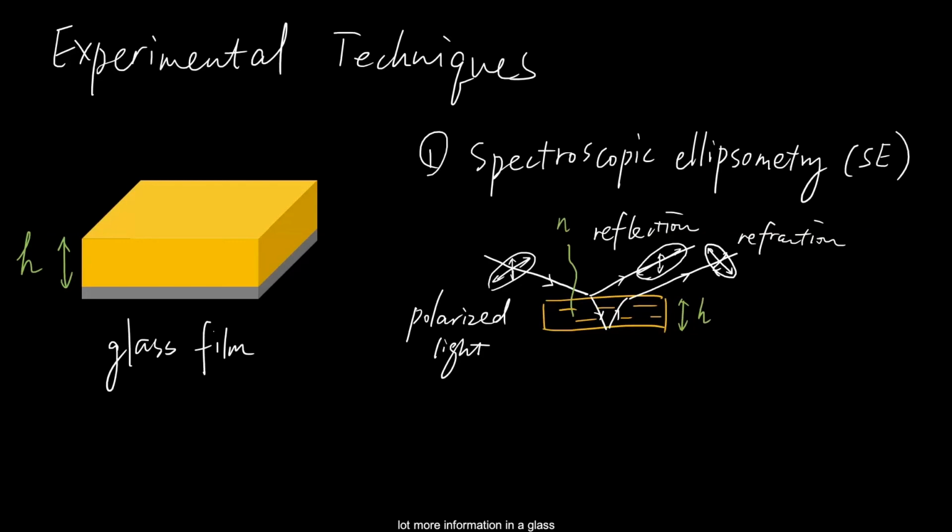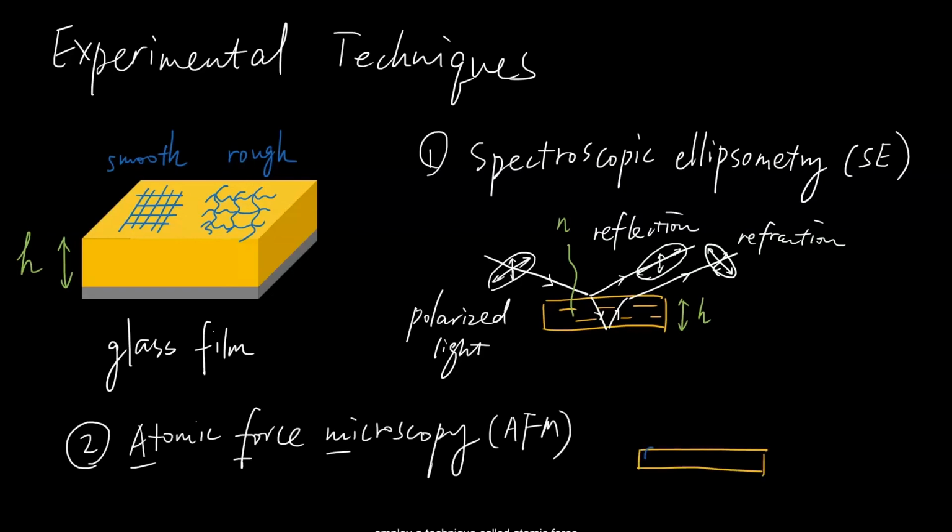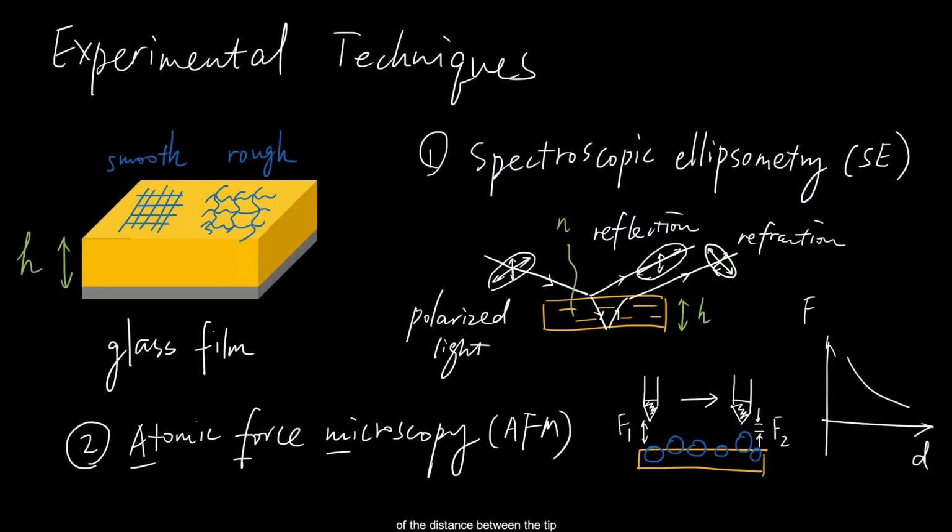There is quite a lot more information in a glass film than meets the eye, both literally and figuratively. I'll give another example, the surface morphology. It can be smooth or rough, have ridges or valleys, bumps or holes, but all of that is invisible to the naked human eyes, sometimes even optical microscopes. This is when we need to employ a technique called atomic force microscopy, or AFM. There is a tip that scans across a surface from point A to point B, and detects the amount of force the tip feels throughout its trajectory. As you may have guessed, the atomic force is a function of the distance between the tip and the surface. So working from force to distance, the distance as a function of position can be obtained, thus the morphology of